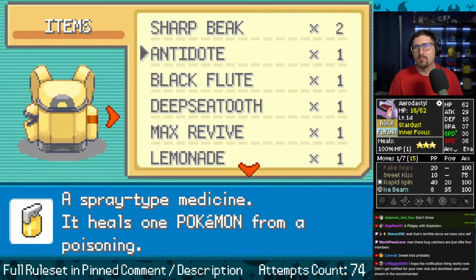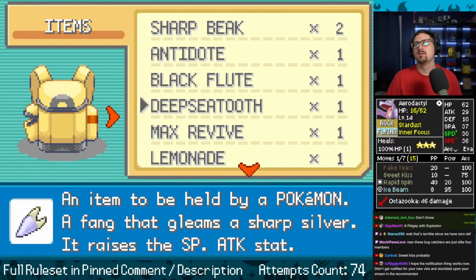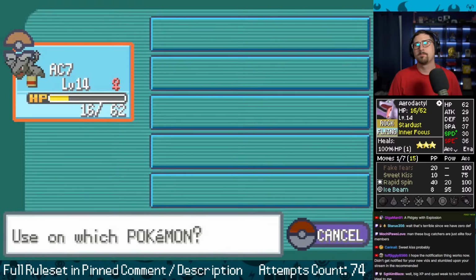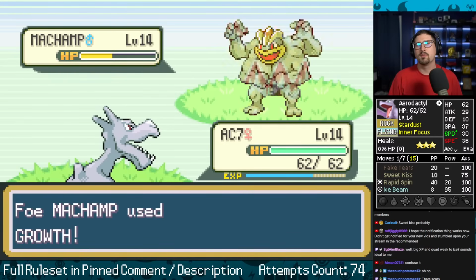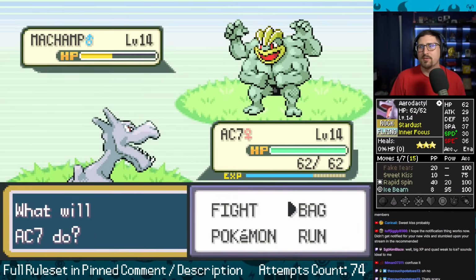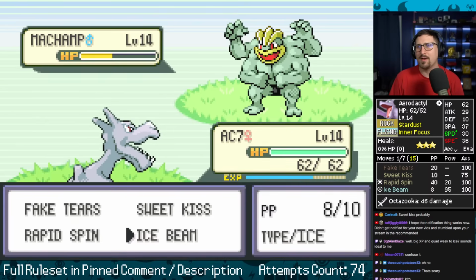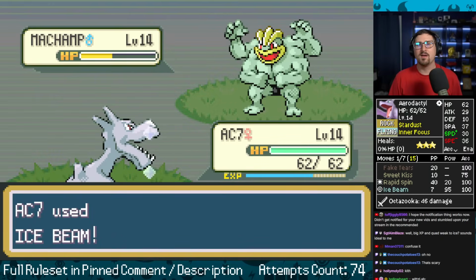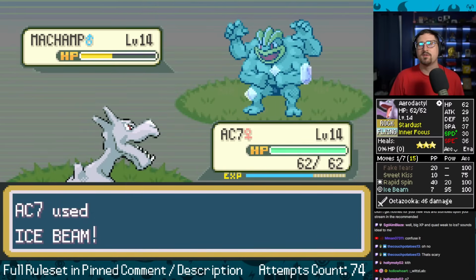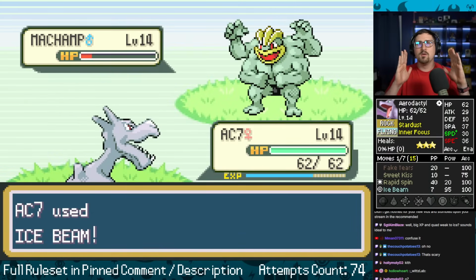We have to use the lemonade and pray it doesn't use Octazooka again. Or misses Octazooka. Or we hit the freeze. Both. Oh God. Oh yeah, the growth is making the Octazooka even scarier too. I might get one shot by the next Zook. Freeze, freeze, freeze or crit. Still faster. Come on, come on. Give me one of the 2.